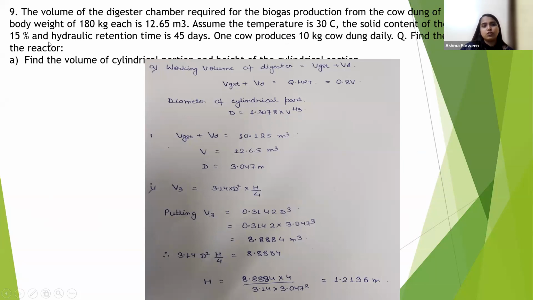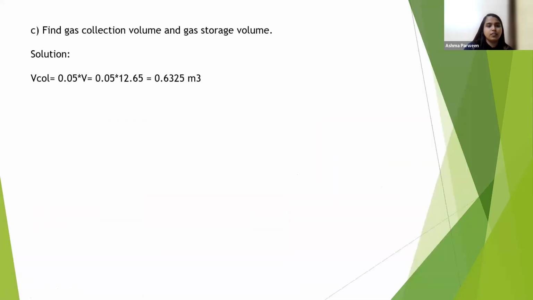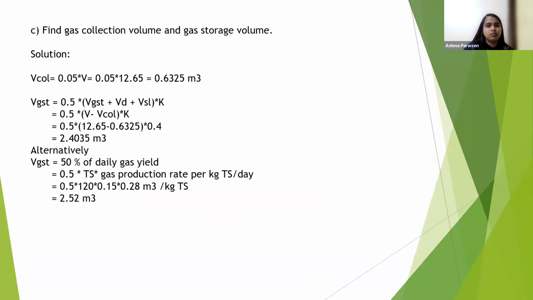So we will find the total solid content using this formula, and we will get the total solids as 120 into 0.15, because 15% is the total solids, and 12 cows are producing 10 kg of cow dung. So TS will be 120.15. Gas production rate is 0.28, and then 0.5 times of this, we will get the gas storage volume as 2.52